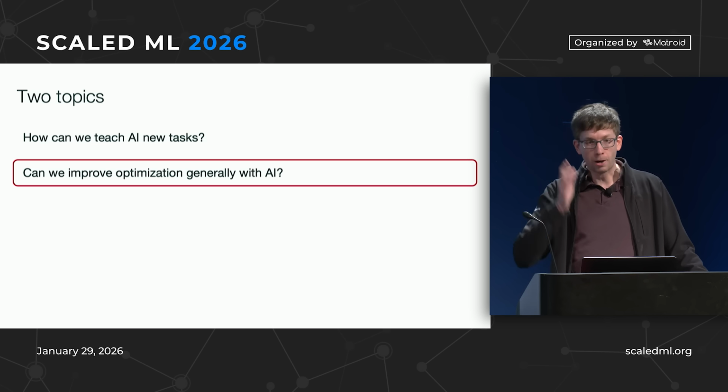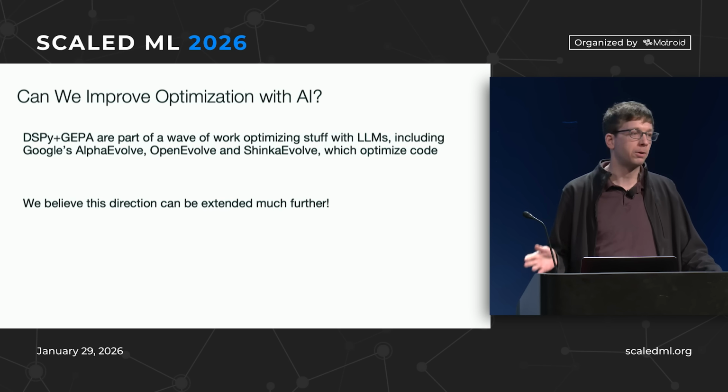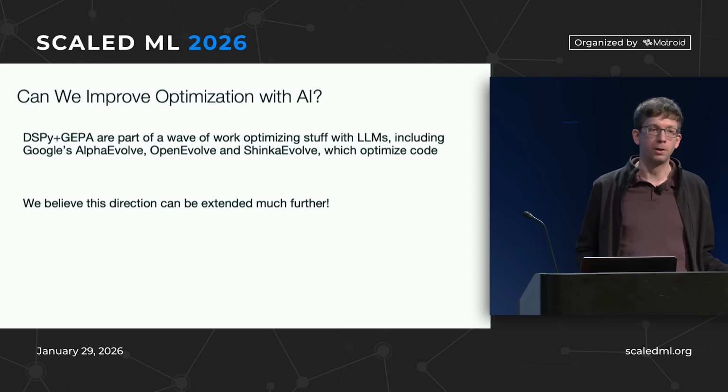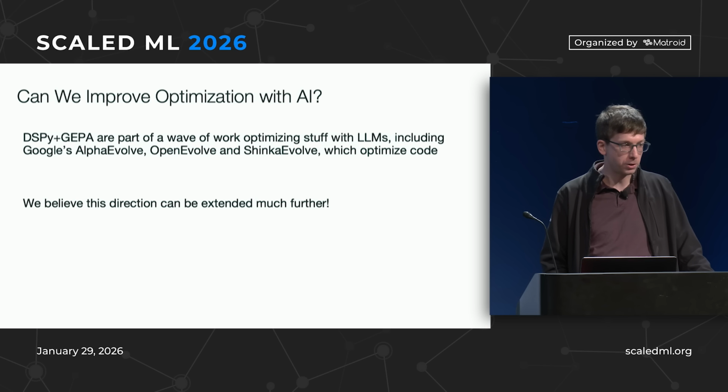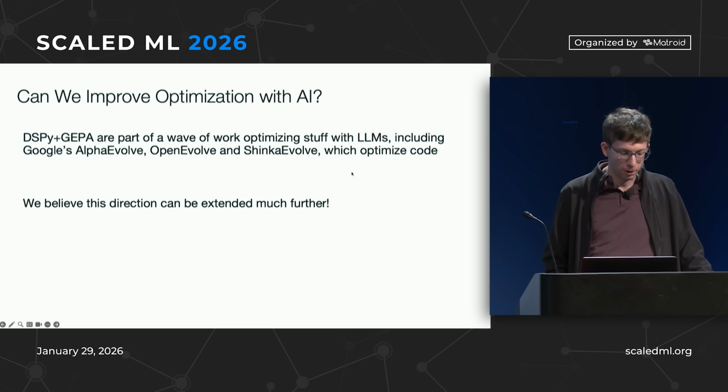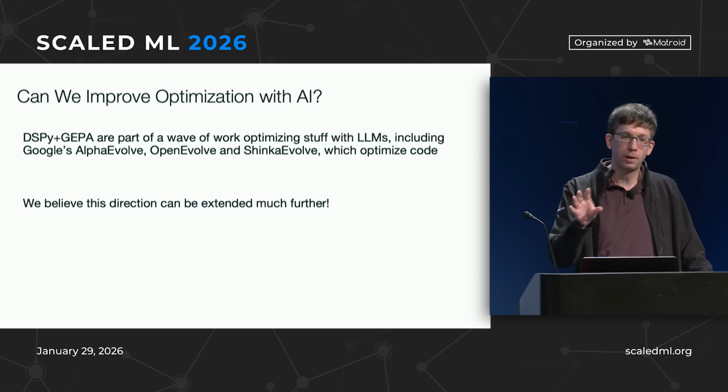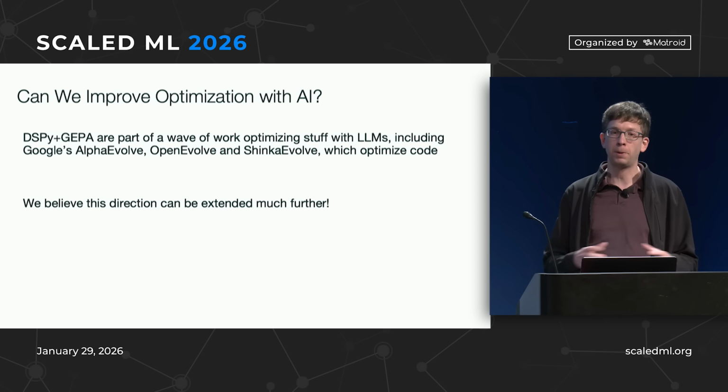Some other well-known ones are AlphaEvolve from Google, where you optimize a program to maximize a score. They use that to find slightly faster matrix multiplication kernels, and also to make progress on some open math questions, which are things you can measure, like how many circles can I pack in a square of this size, stuff which people just don't know the answer to, and they found a better solution than humans did. And there's also OpenEvolve and ShinkaEvolve, which are open source projects based on that. So this idea of LLMs as proposers and as reflecting about a complex sort of parameter, which in this case is a program, is quite interesting, and we think there's more you can do with it.